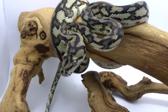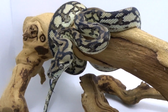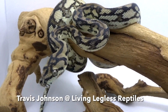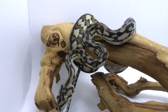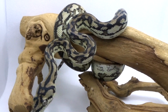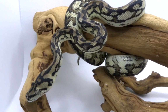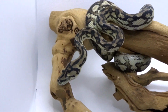So let's take a close-up look at what we know as Nova Guinea Carpet Pythons. Alright, so this right here is my male 2-year-old Nova Guinea Carpet Python, produced by Travis Johnson of Living Legless Reptiles from the animals that Nick Mutton produced and maintained all those years. This guy is growing nicely, about the same size and rate as other Papuan carpets. They have the same gentle, calm disposition as most Papuan carpets do, but as you'll see, these guys kind of